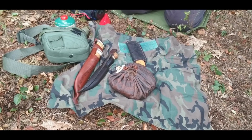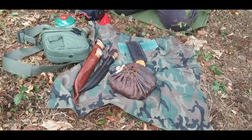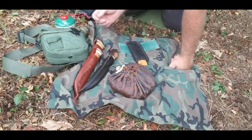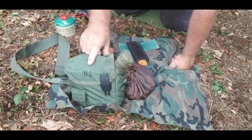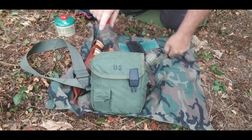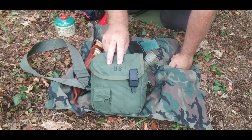All right, so you seen how my ridge line went up. Again, I used my military tarp. So it's only, I'd say that's what, 6 by 6. So it's a small tarp, right? But you just needed something to reflect the sun off you. But right now, like I was saying earlier, make sure you've got a lot of water. So I always carry this with me, even when I'm out working in the yard on the garden. I always have this full of water,